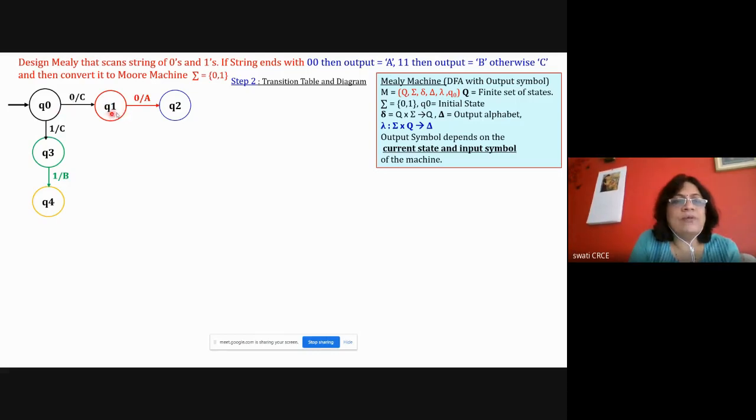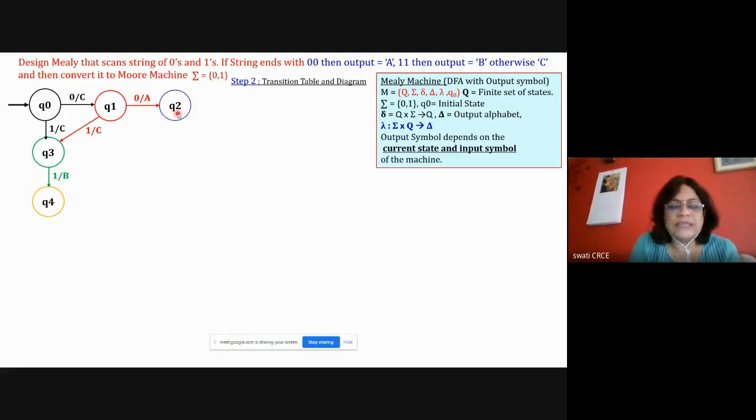Now go to state Q1. In state Q1, only one outgoing transition is there. The transition for 1 is missing. If there is a 1 after that, then with 1 it should generate the output B. So with 1, with output C, it will go to Q3. And if there is another 1 after that, it will be B. So the input 0, 1, 1 gives the output C, C, B. Okay, so here the transition is done.